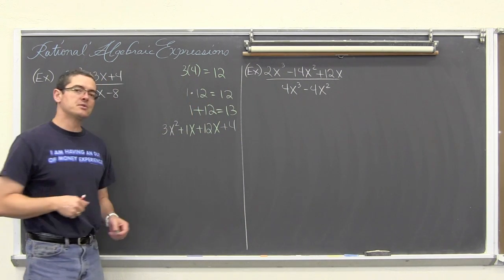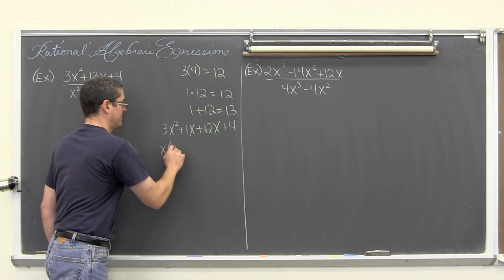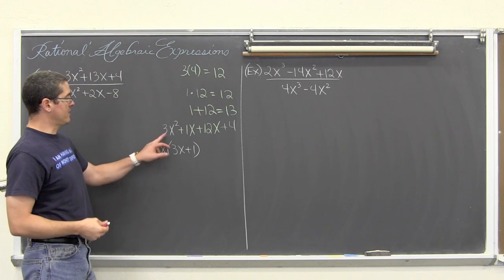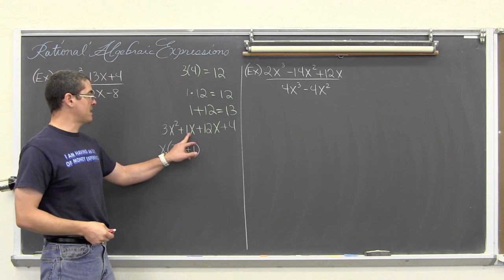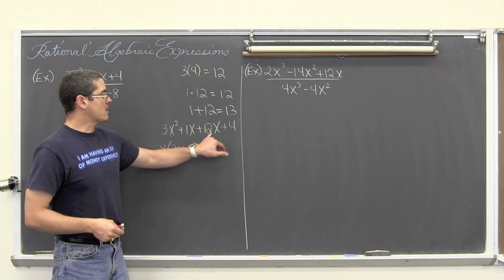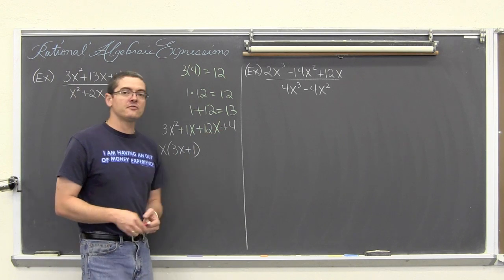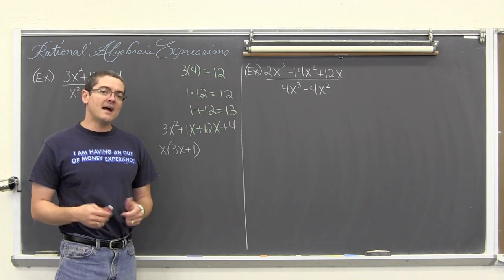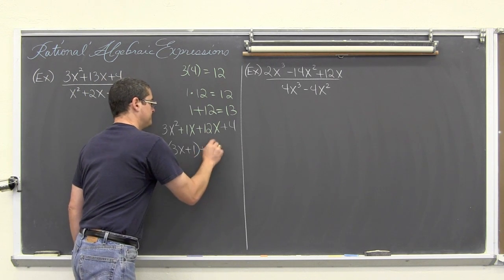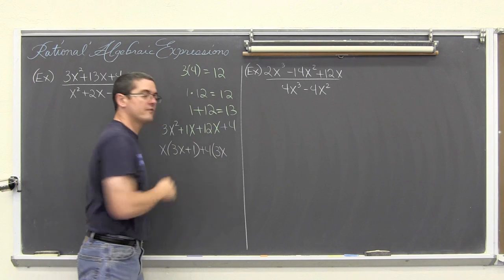Now out of these first two terms, we have a common factor of x. So that's going to come out. Now we're doing that with division. 3x squared divided by x is 3x, and 1x divided by 1x is just 1. We want to take the greatest common factor out of the last two terms, and between 12 and 4, the biggest common factor, divisor, is 4. So we're going to take that 4 out, and 12x divided by 4 is 3x, and 4 divided by 4 is 1.